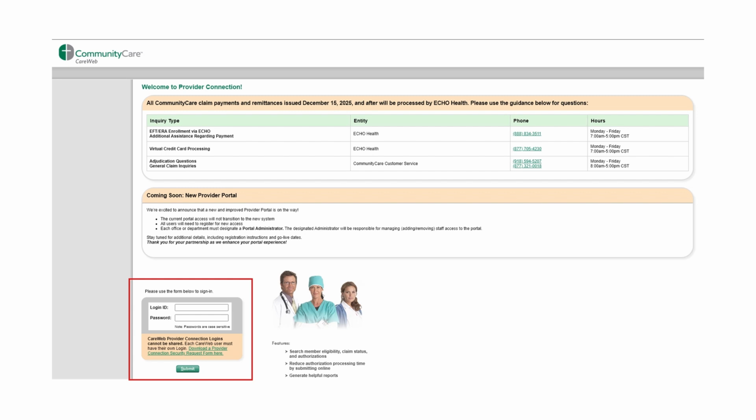Well, you're almost there. Welcome to the Provider Connection. You are now at the login screen of the Provider Portal. Please enter your individual login ID as well as your password. If you do not have an individual login ID, please go back to